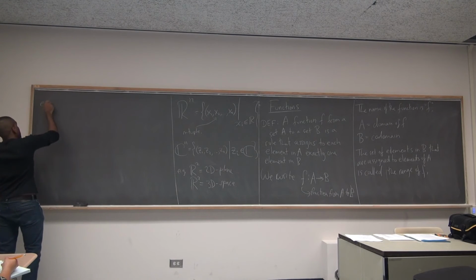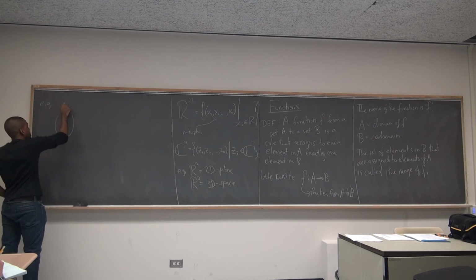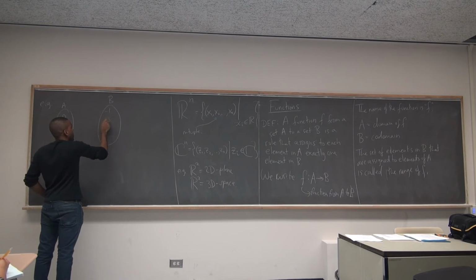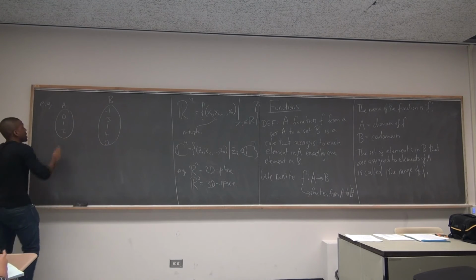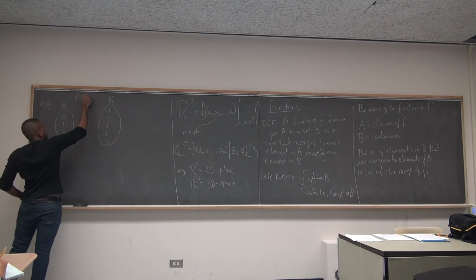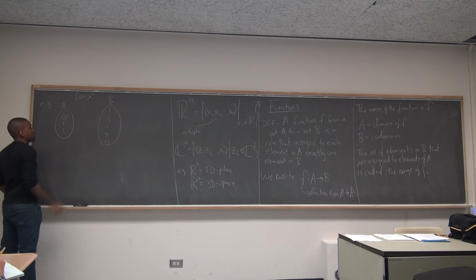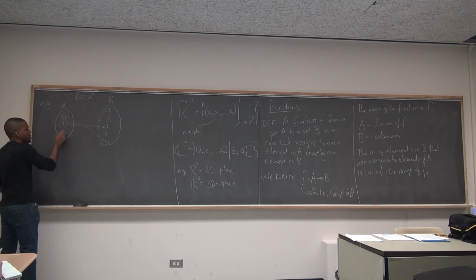So, an example, of course you've seen many examples. Say I have a set with 0, 1, 2. This is my domain A. Over here, I have the codomain B, which is -1, 3, 1, 4, 0. And I define my function f of x equals x squared. What happens? The 0 would be assigned to what number? 0. 1 would be assigned to what number? 1. You're just squaring the element. 2 would be assigned to what number?